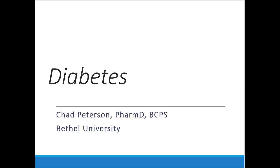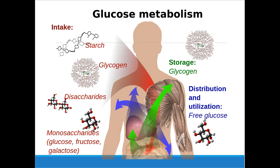Hi guys, today we're going to talk about diabetes, both type 1 and type 2, and then also some pregnancy-specific implications. So diabetes is all about how the body metabolizes one of its primary energy sources, being glucose, and the balance between storage, intake, and distribution and utilization. As you guys probably are well aware, muscles and brain tissue heavily rely on glucose as an energy source. It's very important. However, in type 1 diabetes, there is a lack of insulin production due to the pancreas